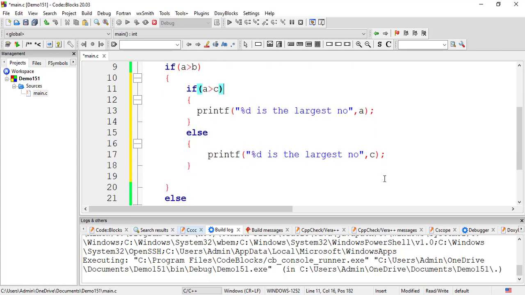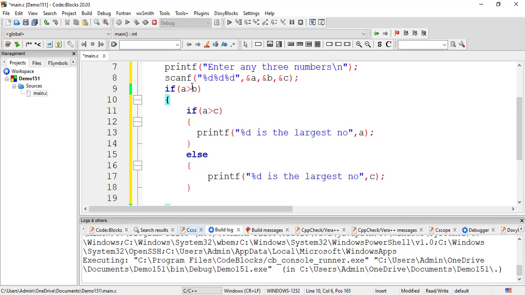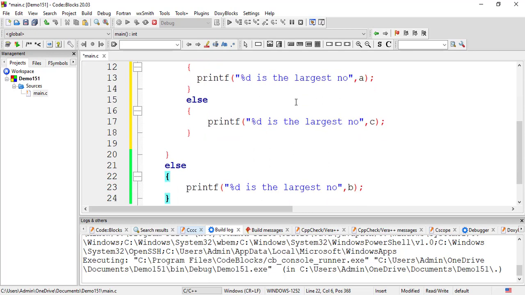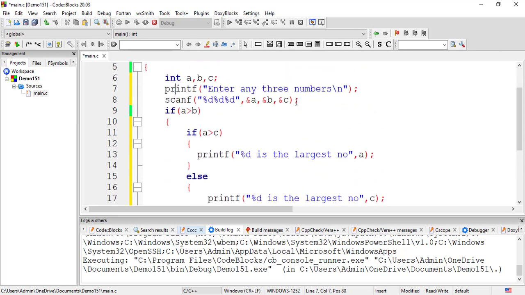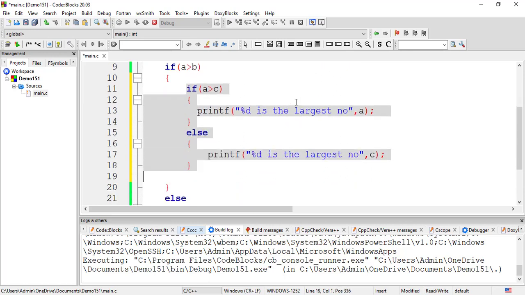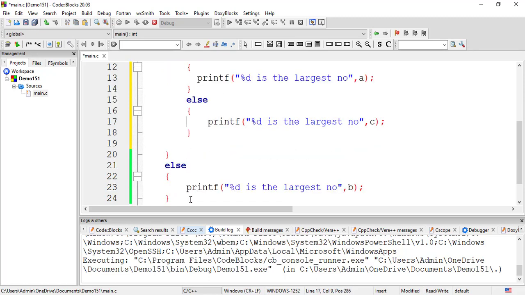अब देखिए, ये सपोज यहाँ पे ही गलत हो गया, ये if A greater than B ही गलत हो गया, इसका मतलब who is greater? B is greater. So what I will do is, I will come inside this else block. Please understand, this if and else are inside the if. That means these two if else will get executed only when this condition is true. आप इस ब्लॉक में तभी आओगे जब A greater than B true होगा. अगर A greater than B is false, you will come here in else. If you are in the else part, the meaning is that B is greater than A.